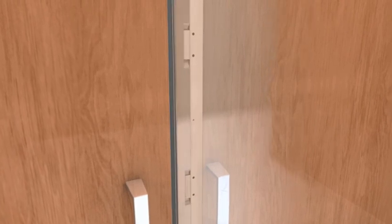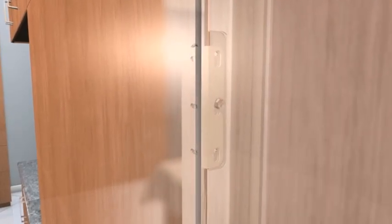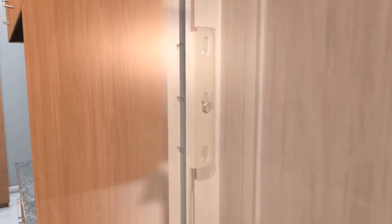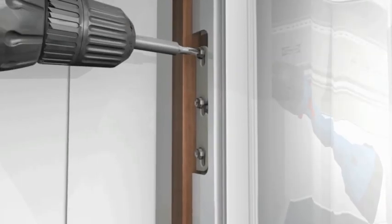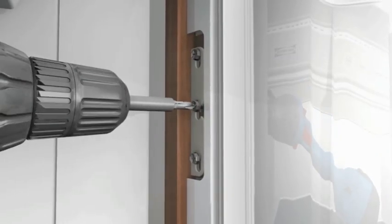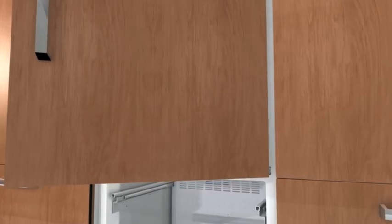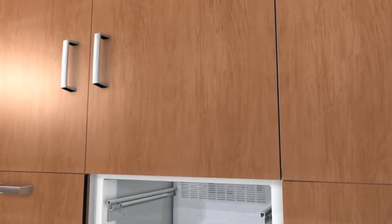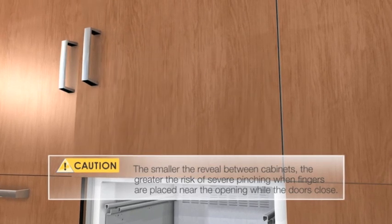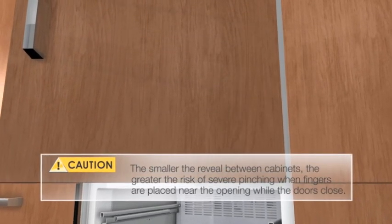Engage the handle side bracket first. Then slide the hinge side mounting bracket onto the screws. The panel can be adjusted 1/4 of an inch up and down and side to side. Once the panel is in place and adjusted, attach the remaining screws to the mounting bracket. Then install the magnetic decorative caps. Bracket position is based on 1/8 inch to 1/4 inch reveal. The smaller the reveal between cabinets, the greater the risk of severe pinching when fingers are placed near the opening